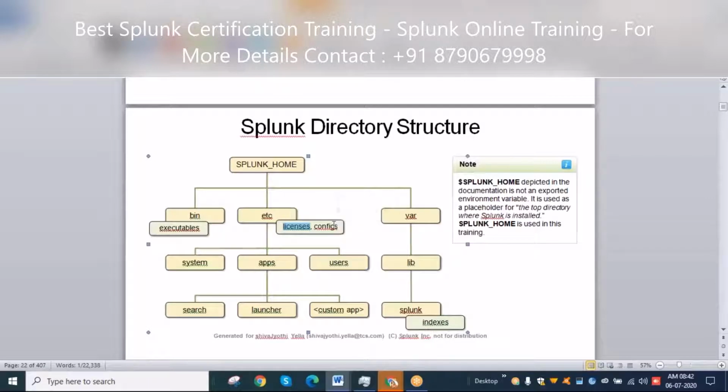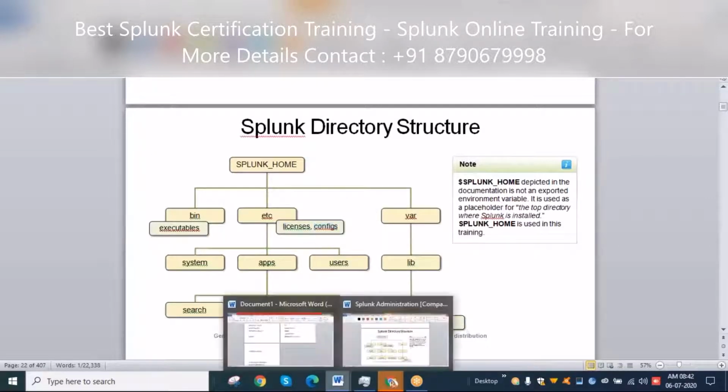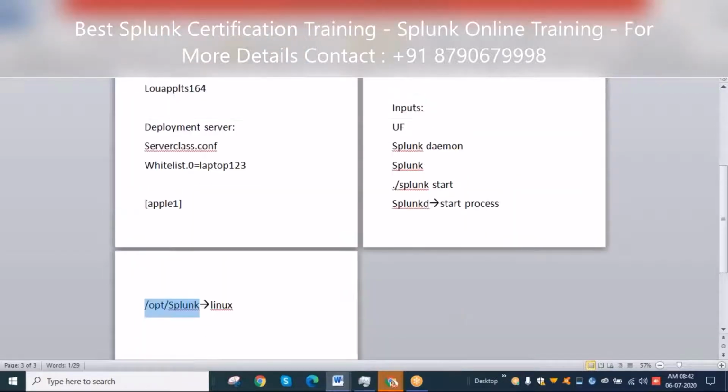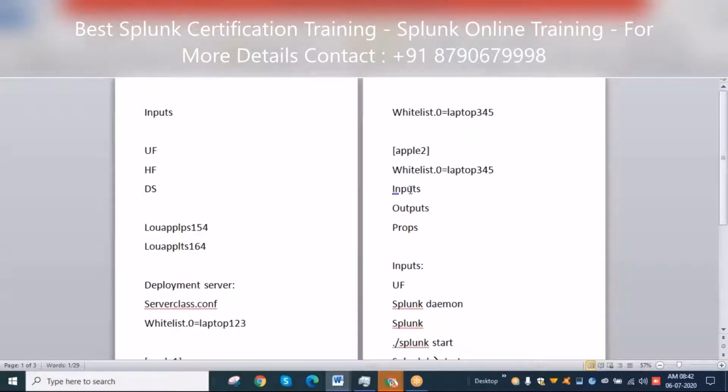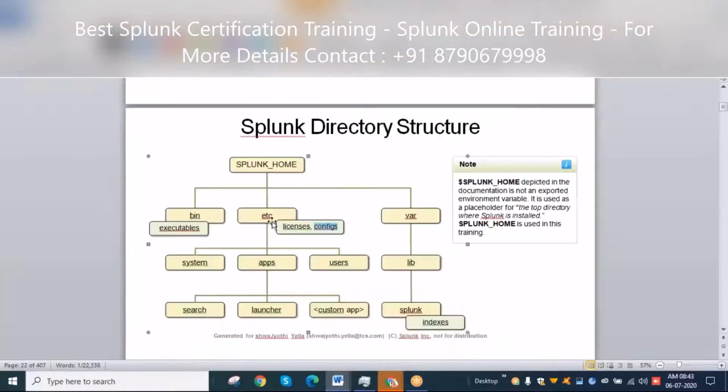As for configurations, in etc we have all the configurations related to inputs, outputs, props, indexes.conf, everything. Whatever configurations you define, whether for a deployment server, indexer or any Splunk server, you'll define everything in the etc directory only.